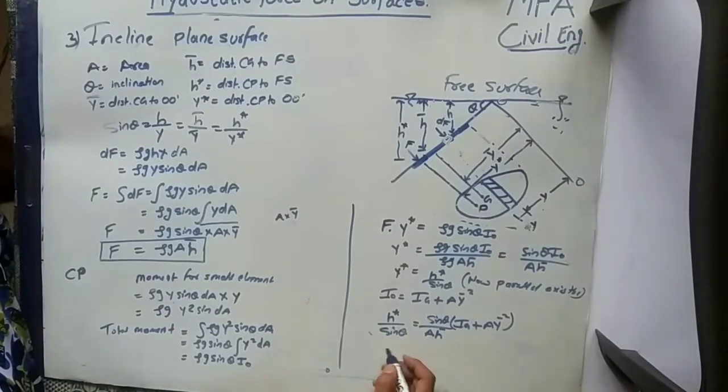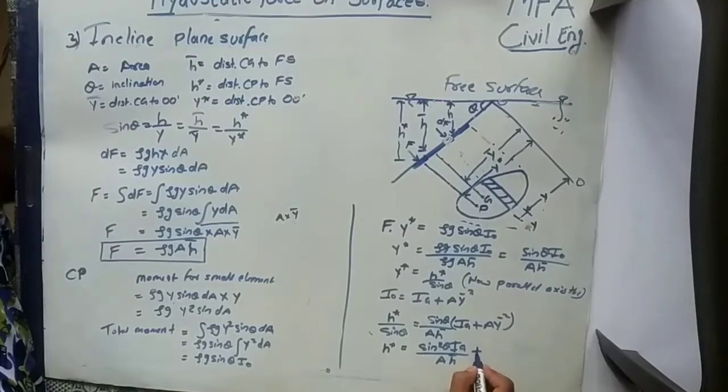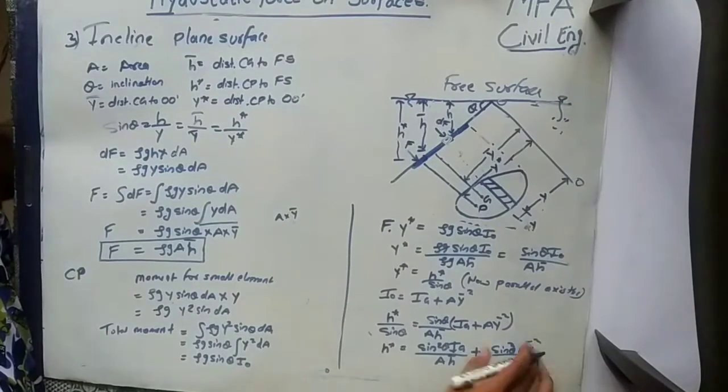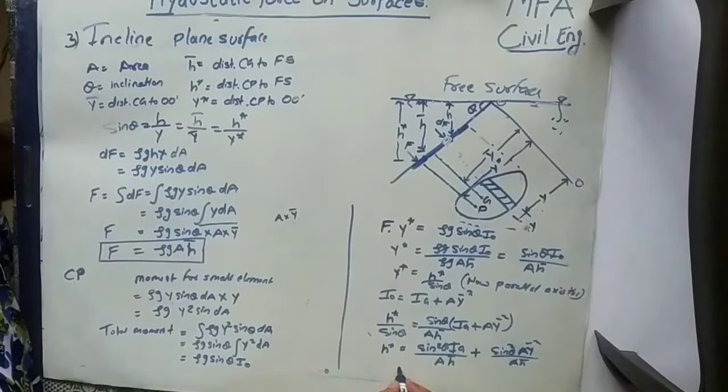Sine theta taking to the other side of the equal, then h star is equal to sine square theta into Ig upon area into h bar, plus sine theta square into area into y bar square upon area into h bar. Area gets cancelled. We know y bar is equal to h bar upon sine theta, which is equal to